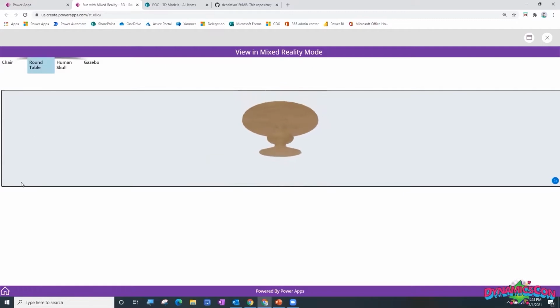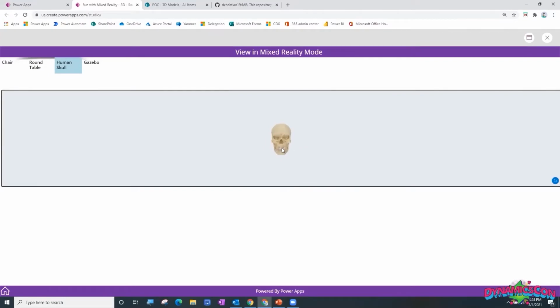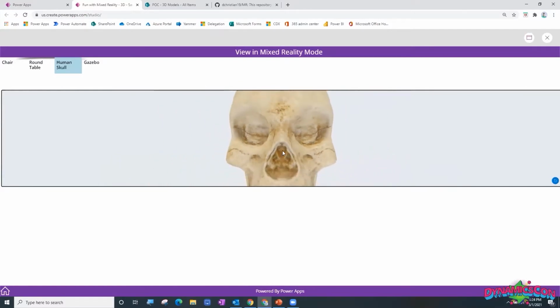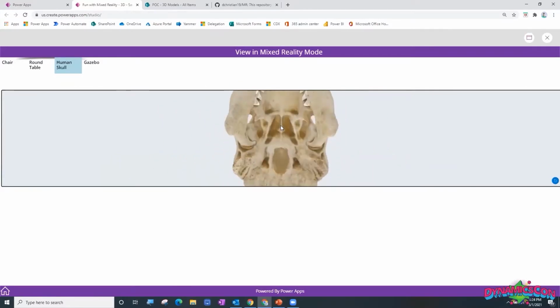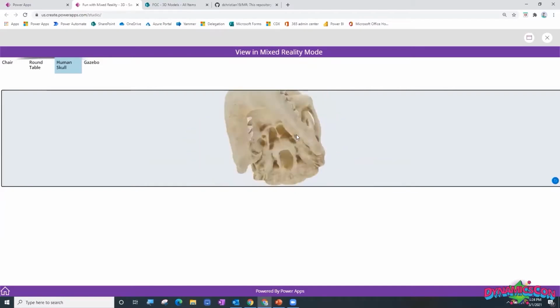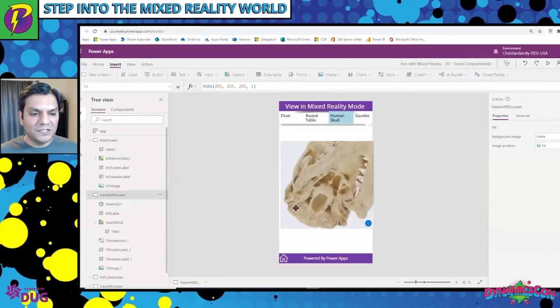Same thing on the human skull. It's actually a fully developed skull, accurate right down to the ratio level. I can go down and zoom in further, and by zooming in I mean I'm just using the scroll on my mouse. I can go all the way around it. I can go inside it. It's just that 3D model effect, which is already available. And the whole concept is right in this control. This is what does it.